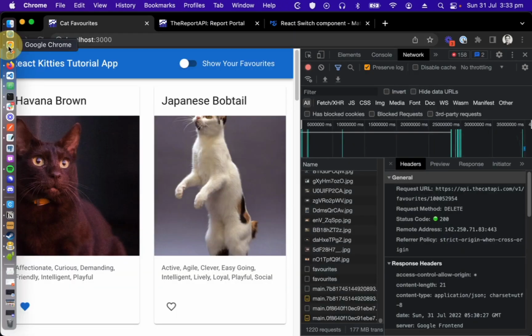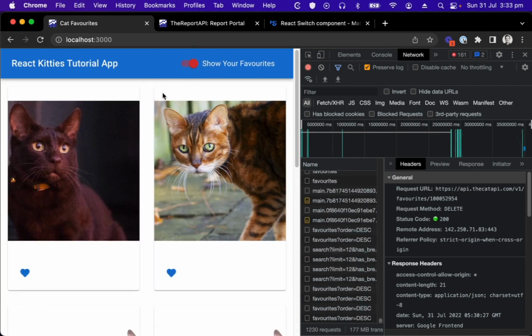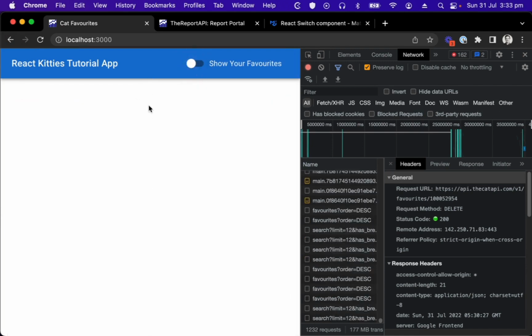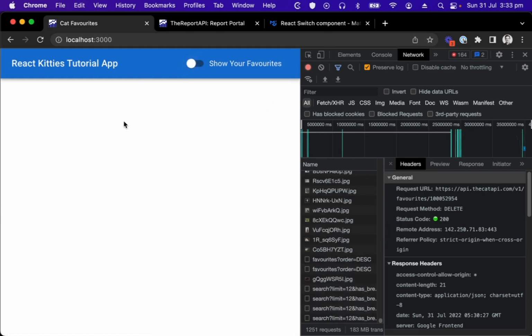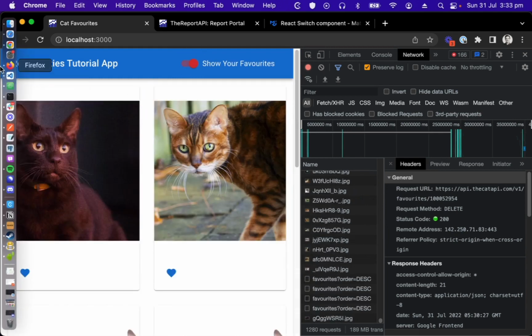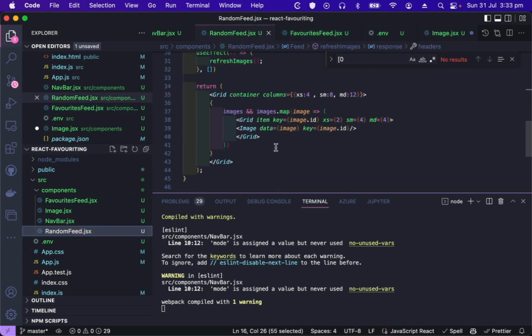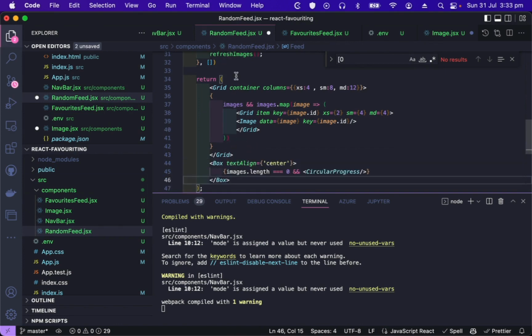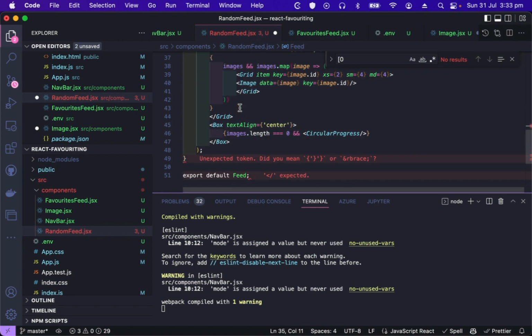Let's review it. So when we click Show Favorites, we now get a little loader until the API comes back. We can of course put a little space between there and the top. That's just a little margin that I'm sure you can add. So let's add another one in the main app using the same technique. So I'll copy and paste this box, put in our random feed, put it under the grid, wrap the top level grid in a node,